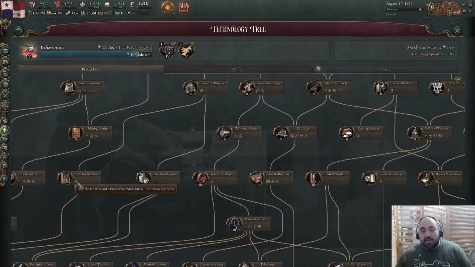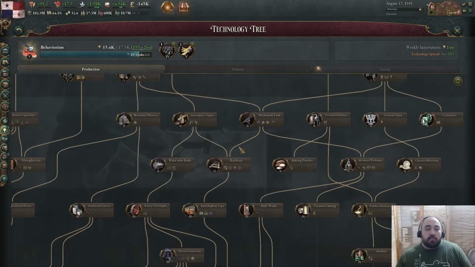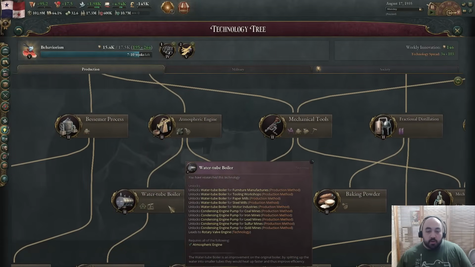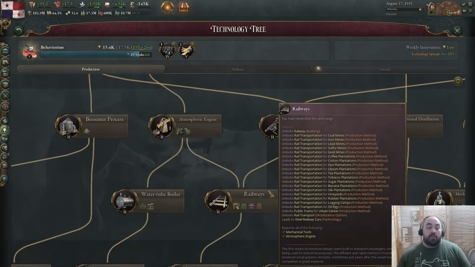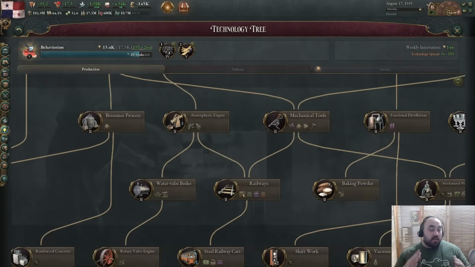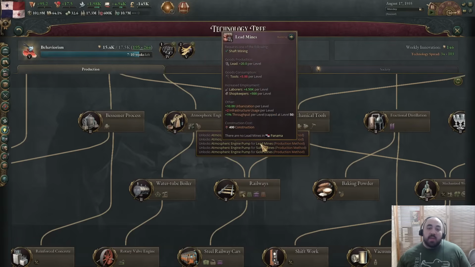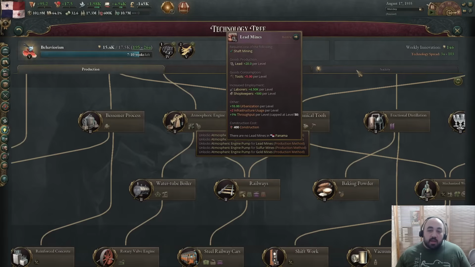Now, with that in mind, there is kind of a scrum of what we often go for in the early game in the four techs: atmospheric engine, water tube boiler, mechanical tools, and railways. In general, I think that these four techs have gotten a lot worse relative to your other options because previously these were the absolute first rush techs in a lot of situations. In particular, the mining, if you do focus on mines and you have a mine company, it is still an outstanding tech. Atmospheric engine pump is still really, really good,